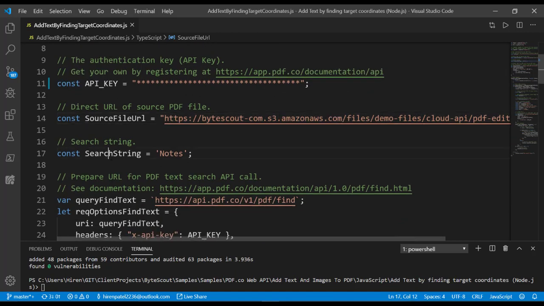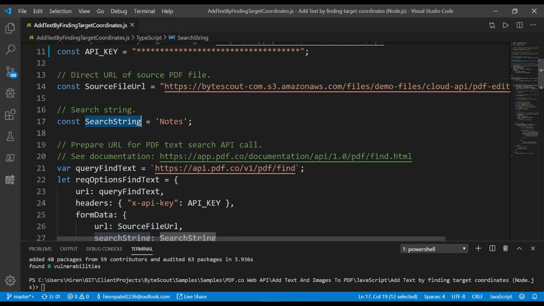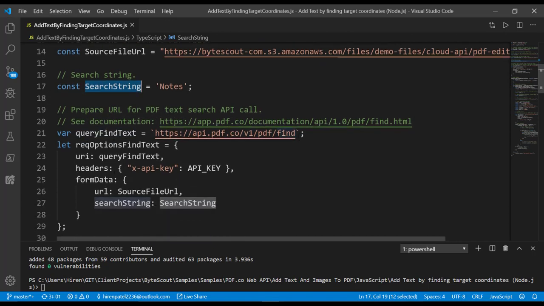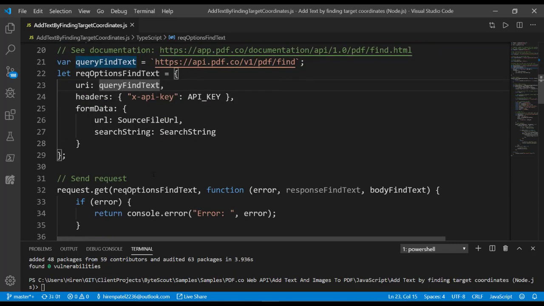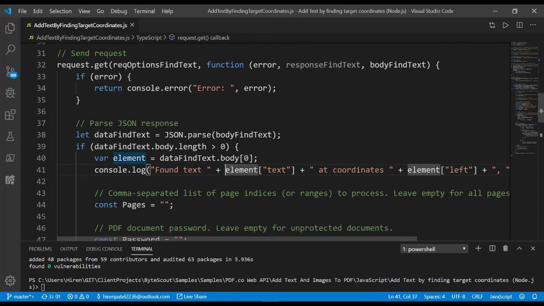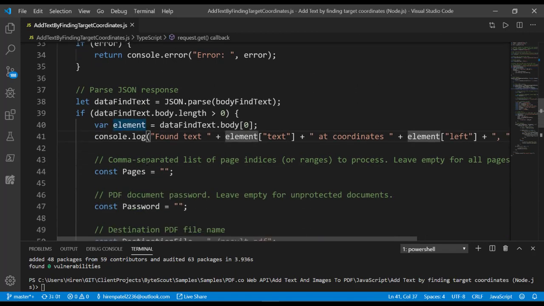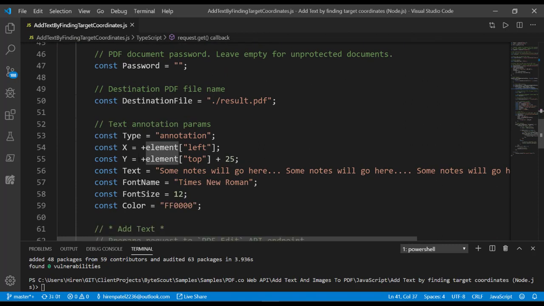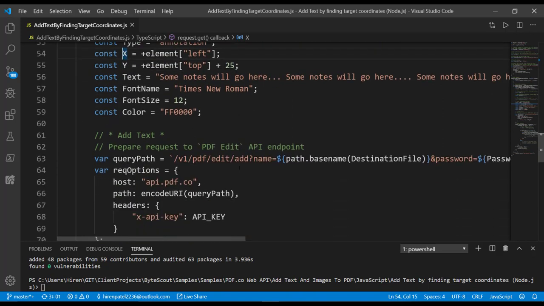We are providing the search text, and to search the text we are utilizing the PDF find API, and in the response we will get the coordinates of the found text, and we are going to utilize those coordinates and insert the text here. We are providing some top margin so that the text will look good.